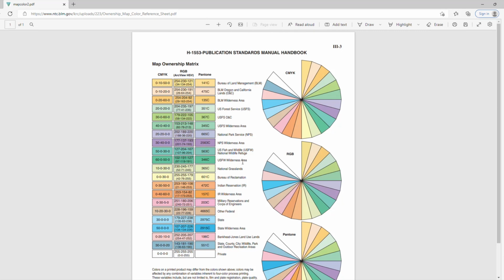So you'll see we have USFS Wilderness Area, but if we go a little farther up here, we have USFS, that's also Wilderness Area, USFS O&C, and then here we have U.S. Forest Service. And I want these three numbers right here, 204, 235, 197. Okay, so those are the official RGB values for the U.S. Forest Service land. So if I go back to my map,